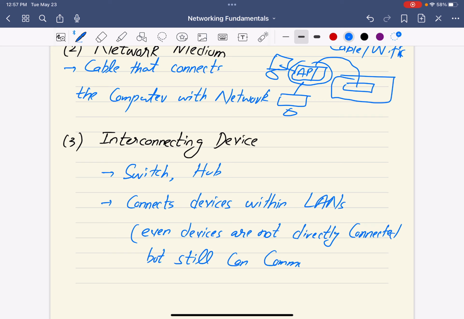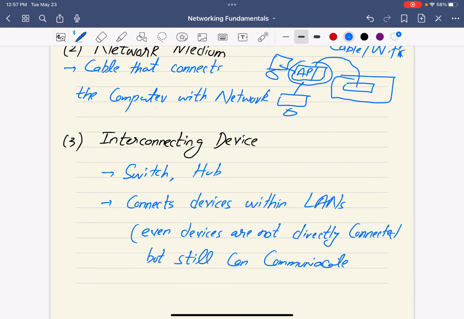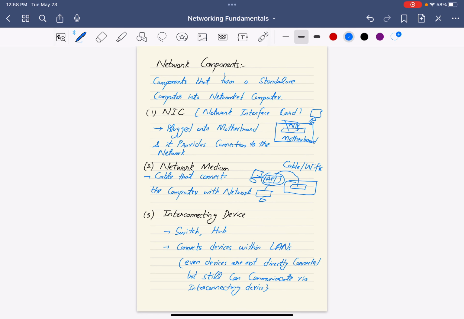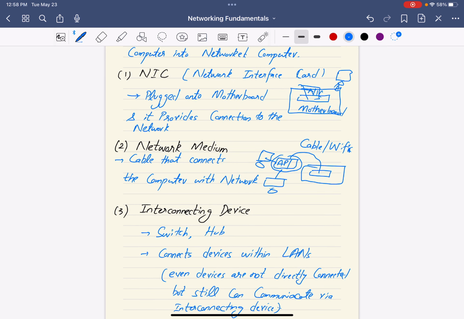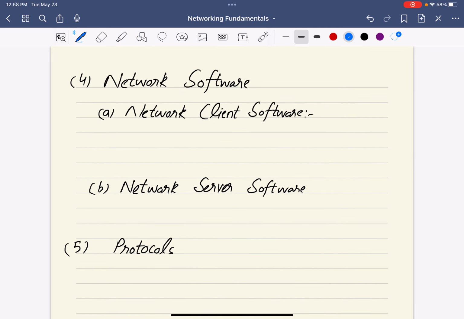They communicate via these switches or interconnecting devices, which I told you can be a switch or a hub. Okay. So we have the NIC, the network interface card. We have the network medium, which is a cable or Wi-Fi. We have interconnecting devices. Next, we need software as well, which comes with your computer services in fact, and